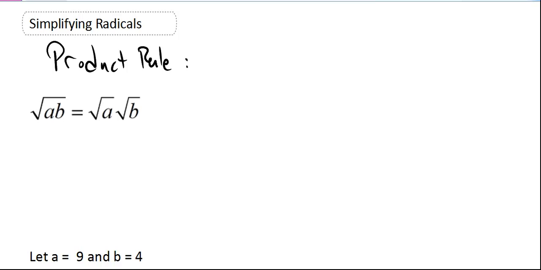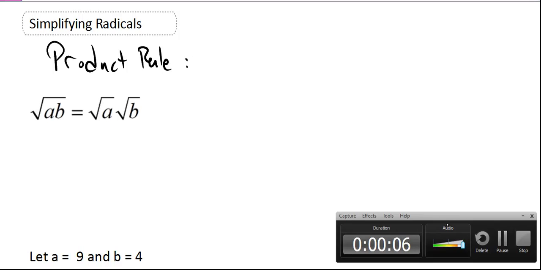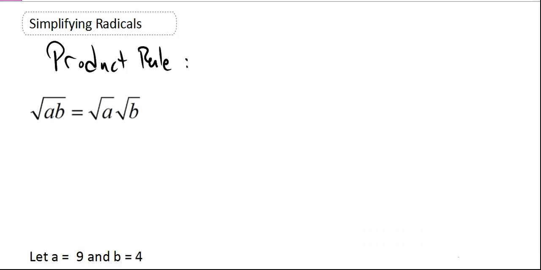Alright guys, today by request we are going to talk about simplifying radicals, and the biggest thing about simplifying radical expressions that I think we need to start with is this concept of the product rule. And what it says is, if I have the square root of a product of two numbers,